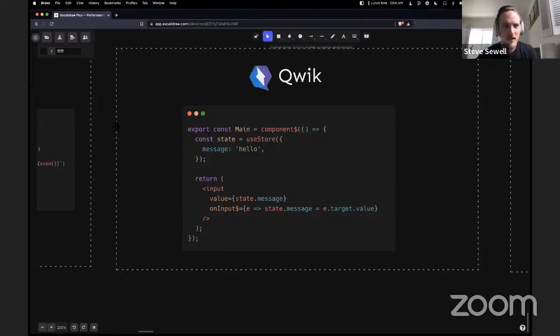What's crazy about Quick is the way the component compiles out. This is using what we call the optimizer. The component could be massive, and if all it does is have an event listener that then fires off an HTTP request, you will never download the component code at all. You can have the world's biggest components, but it'll come to you as HTML. When you click on a button, you will only download that tiny little bit of JavaScript to respond to the click event and shoot off the HTTP request. You're literally not downloading any other part of your application, any other part of that component. The component you see here, for instance, could have 1,000 more DOM elements, hooks, and event listeners, and it gets shredded into these tiny bits that only load as needed.